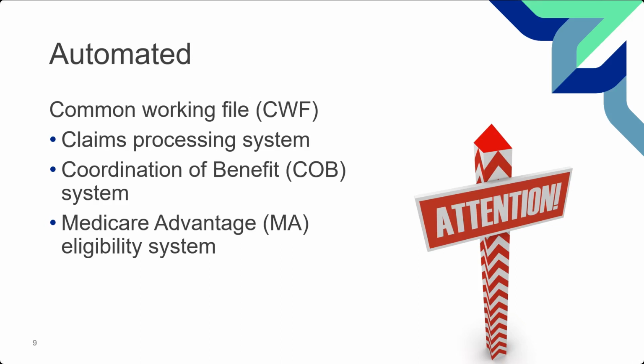It's a replacement plan. So once that occurs and the effective date is entered into the system, the common working file automatically sends a response saying, generate a letter and ask for the money back. Those are what we call automated overpayments. I'll talk about how to work with those overpayments should you disagree with them in a little while, but I wanted you to understand that not all overpayments are done by a human being.